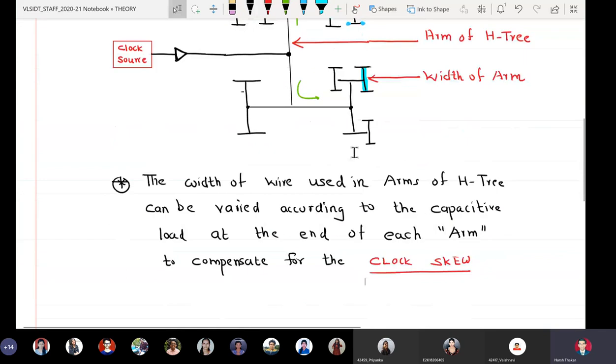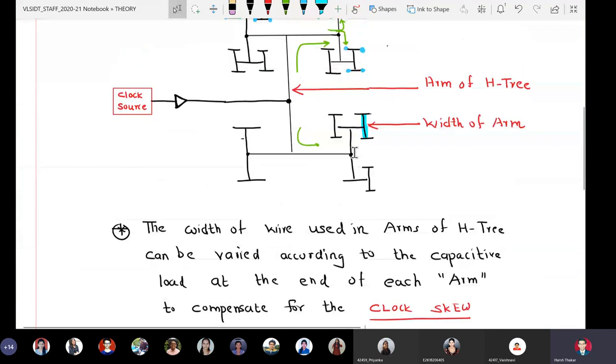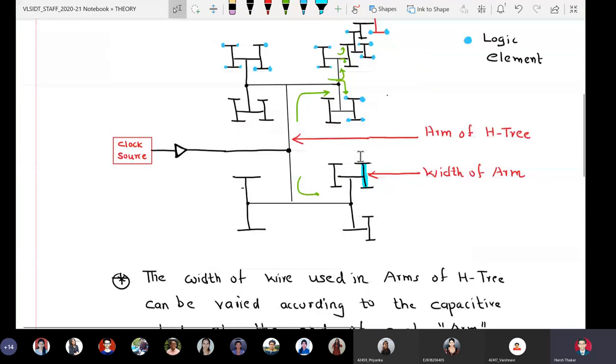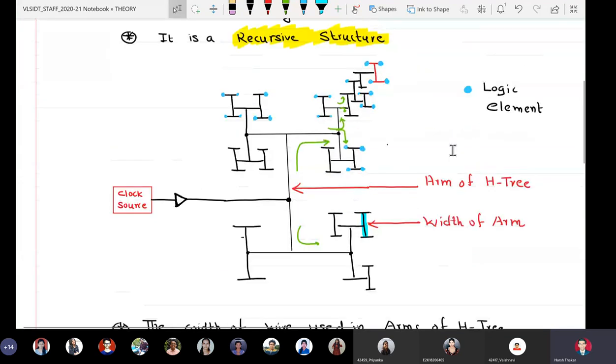Okay, so in the tree we saw that this is called as arm of the H tree and the width of the arm. So the width of the wire used in arms of H tree can be varied according to the capacitive load at the end of each arm to compensate for the clock skew. So I can also call the logic element as capacitive load also.